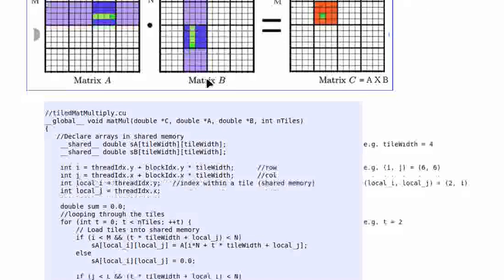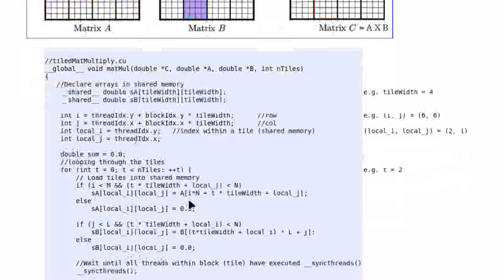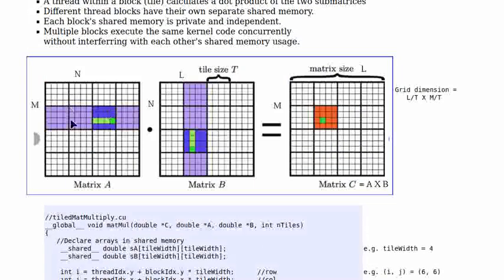So we perform the calculation of the product between 2 submatrices. So that's what we do here. So we define the sum. It will be 0 at the beginning. We have to loop through the tiles. There are that many tiles. So we start from t equals 0. That means this one. T equals 0 is this tile, this tile. So we find the